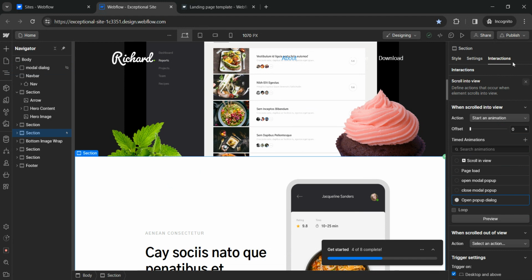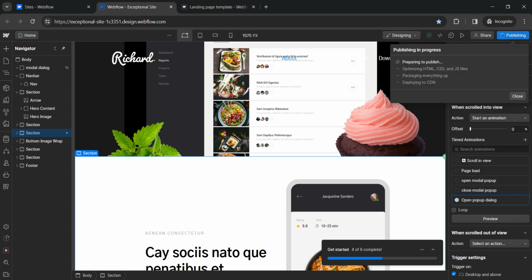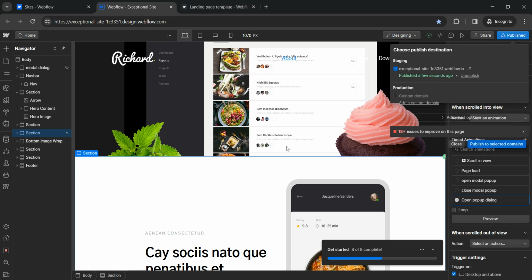It is now saved, and now we'll just see. I'll just publish this change and see whether this interaction is working or not. It's published now.